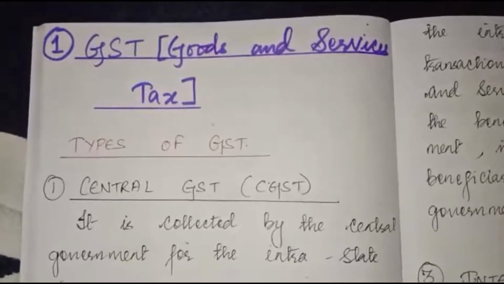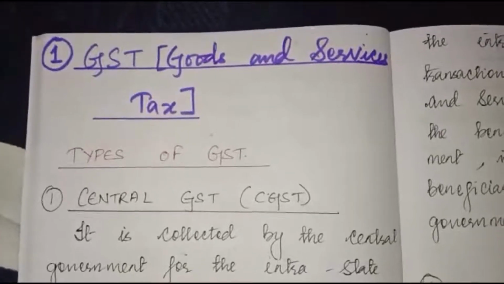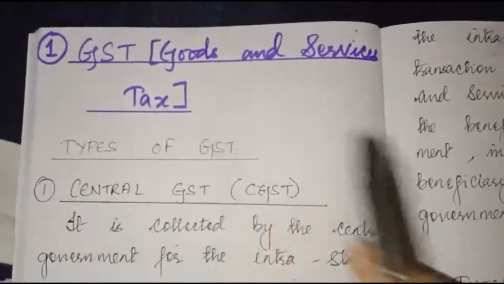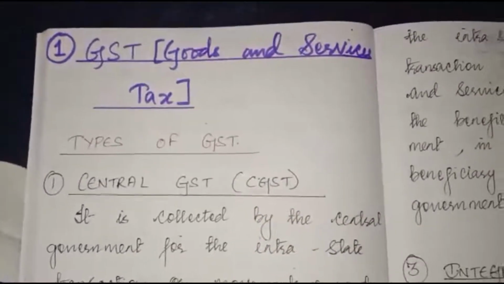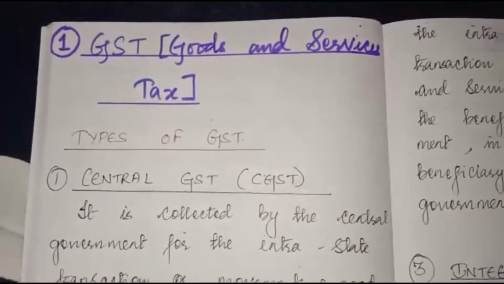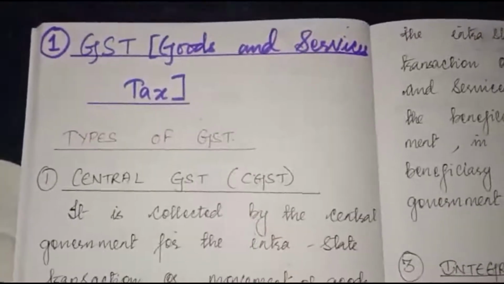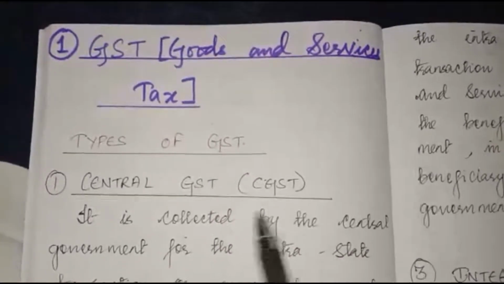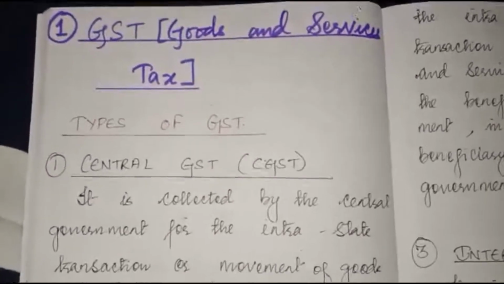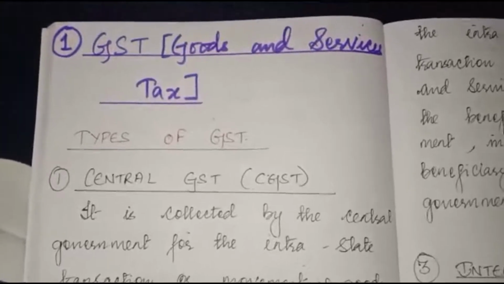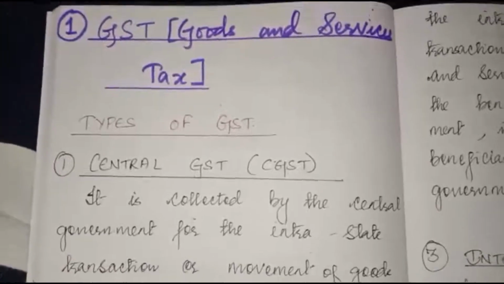Today we are going to start a new chapter, okay? It's the first chapter, GST, Goods and Services Tax. You know some basic things about GST, as you have already done a project in class 9. Here, tax is collected by the government, okay? I'm only giving some basic, important terms which we need to understand and solve the questions. Only those things I'm giving.